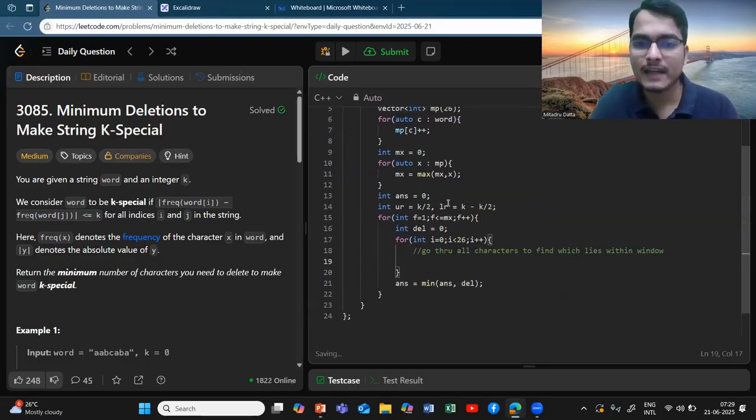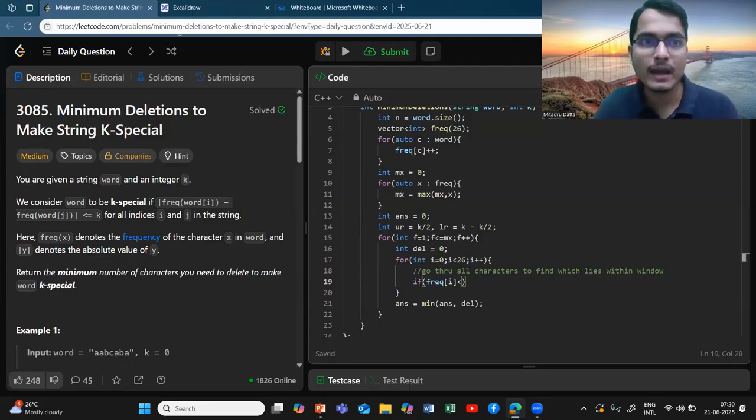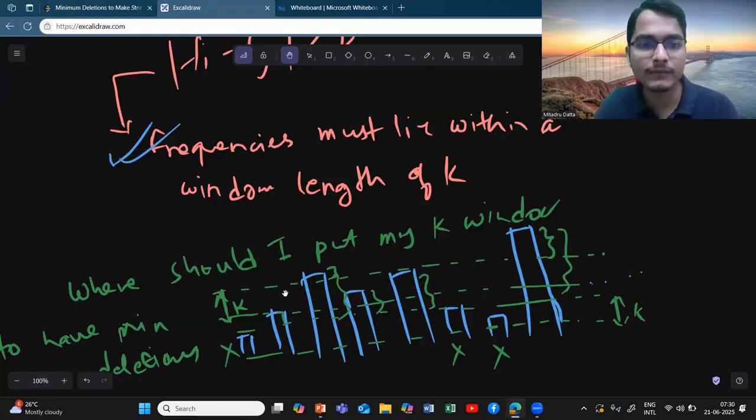So I will check that. Instead of this map, why don't we keep this name as frequency? Because it is a frequency array, right? So I will keep this as frequency, FREQ. Okay, so I will go through all the characters. Okay, so what will I do now? What will I do now? I will check that if my current frequency of I is less than